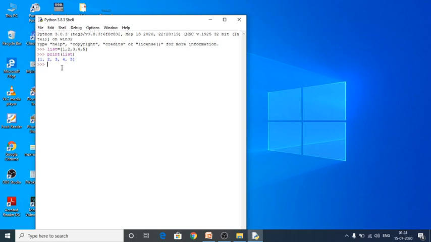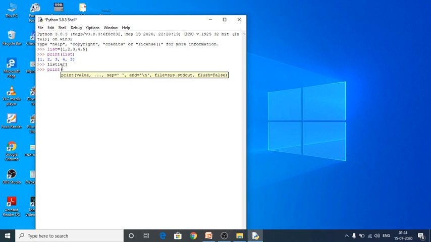And next one, how many types of list we can create. We can create a list like this with the elements. We can create a list as empty. So now I'm going to print the empty list.